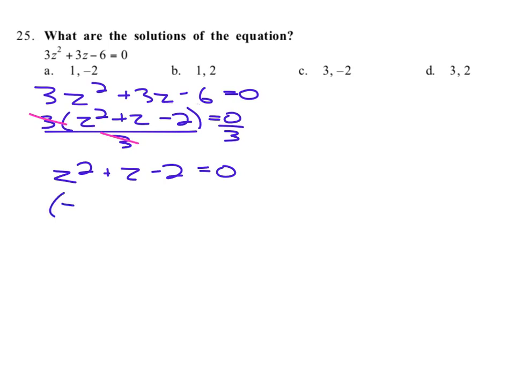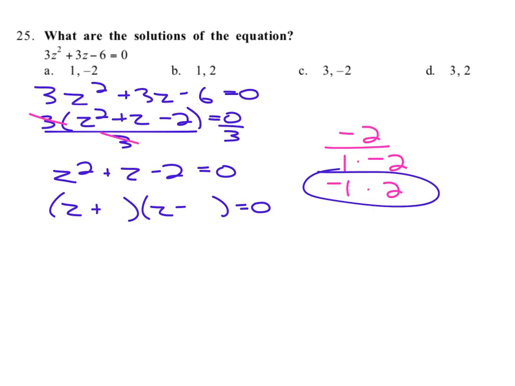And so we factor this and we say that's z, that's z. We've got one sign of each because this number here is negative. And how do we break down negative 2? We could say either 1 times negative 2 or negative 1 times positive 2. Which of those two add together to the b value of 1? Well, these two do. So we've got a positive 2